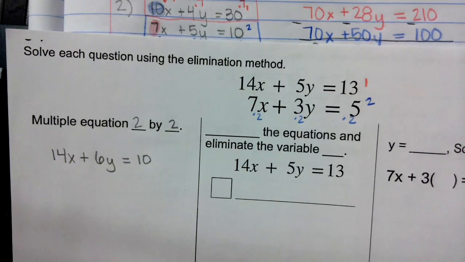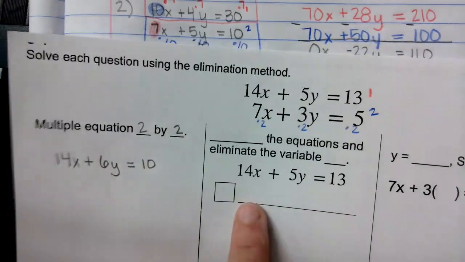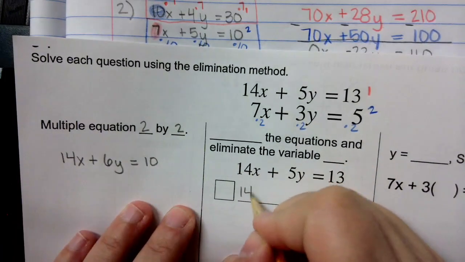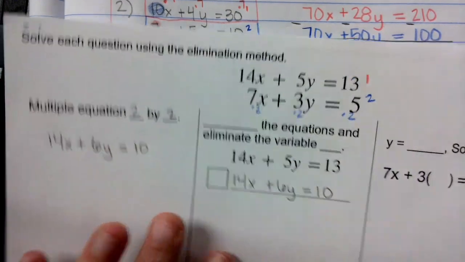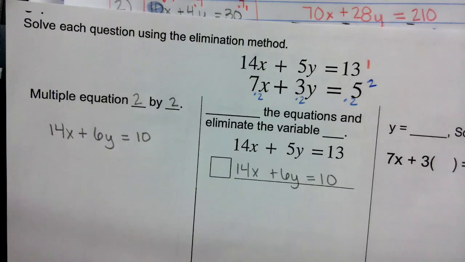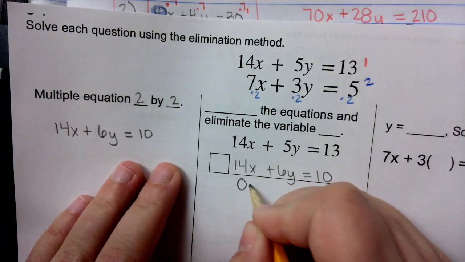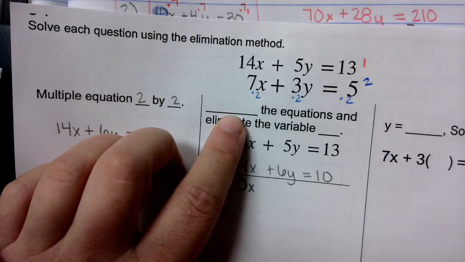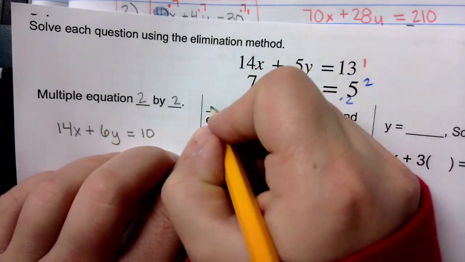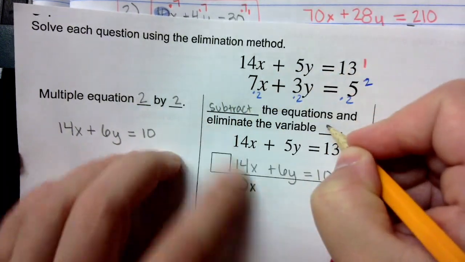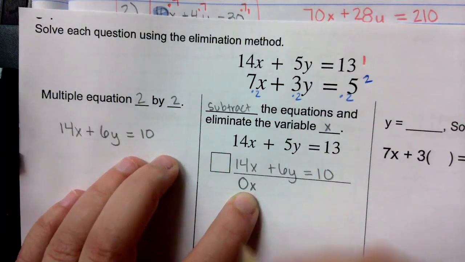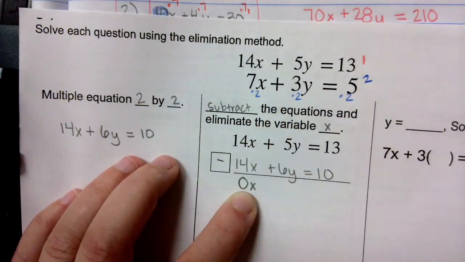Worksheet's a little goofy. Alright, so now you're just going to copy that down here. 14x plus 6y equals 10. This is the last step I'll do with you guys, and then you've got the rest on your own. Alright, so we're going to eliminate which part? The x's. So to get a 0x, are we going to add the equations or subtract the equations? Subtract. And when we subtract, which one are we going to eliminate? X. We're going to get rid of the x because that's going to be the 0x. So we know here we're going to put a minus. And then if you want to, you can put a minus here,